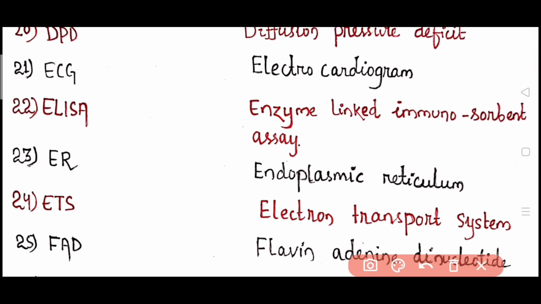Then ELISA. The full form of ELISA is enzyme linked immunosorbent assay. This test is used to detect the antibodies or the infectious agents in blood. What is the antibody? Antibody is a protein produced by the body's immune system when it detects the harmful substances